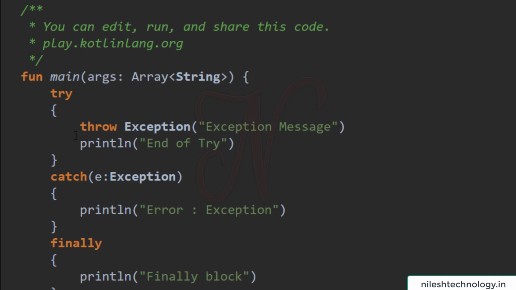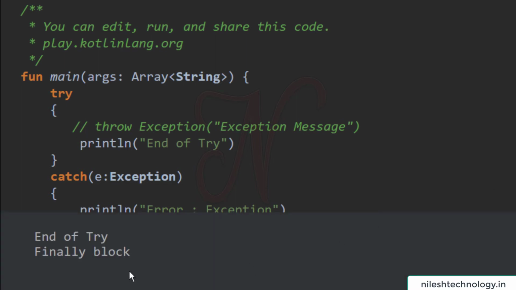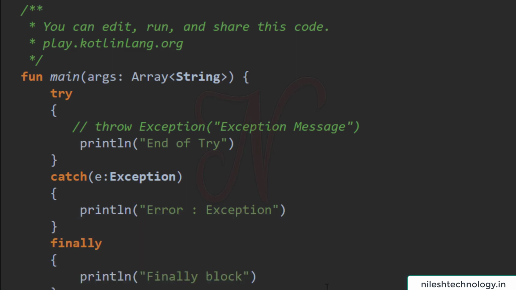So see here, when there is no throw statement, this is the try block statement, end of try, and this is the finally block statement, finally block. So the finally block is compulsorily executed and it is defined only once. You cannot define more than one finally block, but you can define more than one catch statement. Like Java, every try has at least one catch or one finally. If both are defined, then sequence wise first define catch, then define finally.